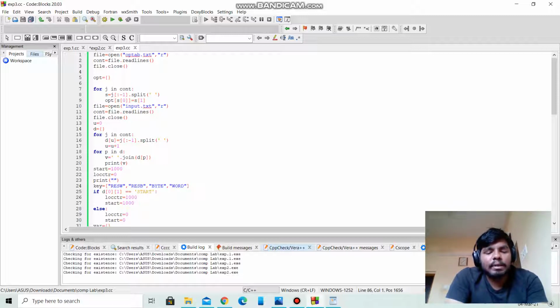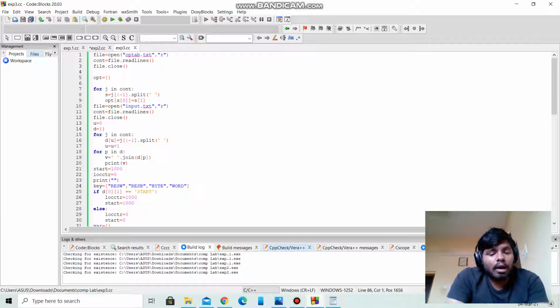Otherwise, an error message will be displayed. Then check the OP code. If the OP code is present in the OPTAB, then increment the LC by 3 and start writing the location counter, OP code and operand fields of the assembly language program, the corresponding statement, to the output file along with the object code.